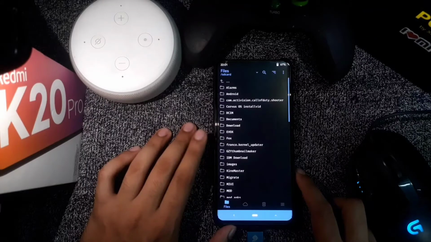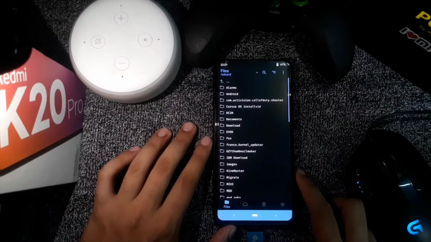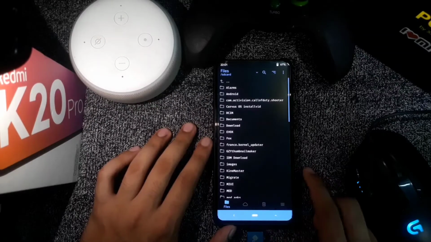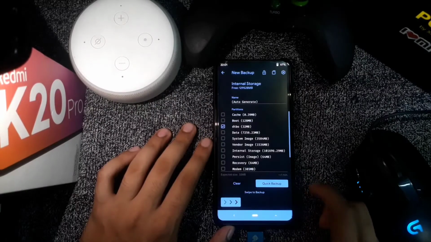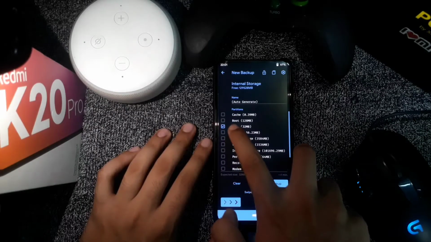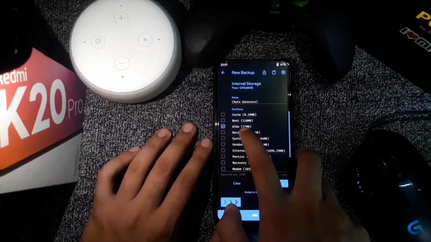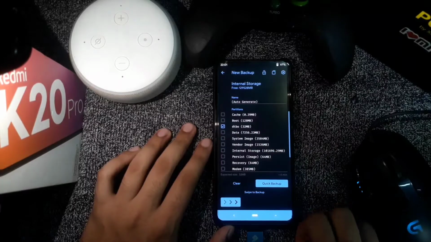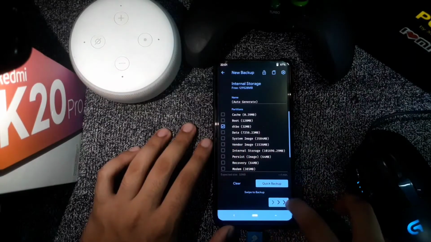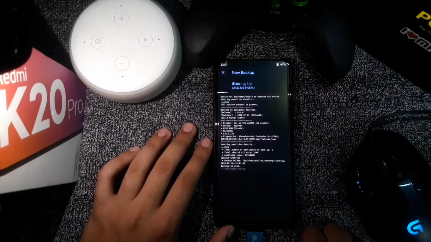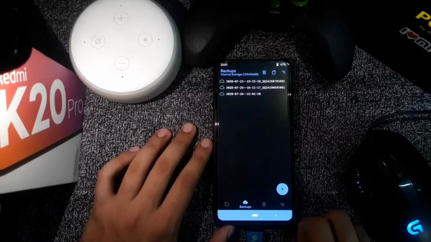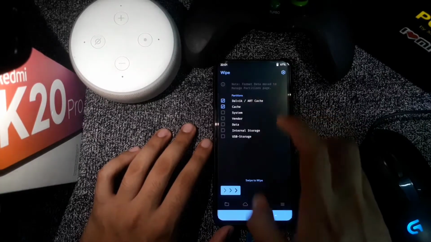So for that, first you need to flash the kernel, and if you don't know how to do it, then join our Telegram, I will tell you there. After all of that, you just have to go to the backup option, and here you have to take a backup of the DTBO file of this current ROM. You may ask what it is for. If you want to come back to 60 FPS, then you need to flash this file. Now you will see a backup file is created by its time and date.